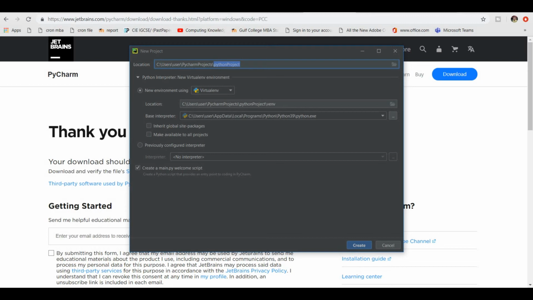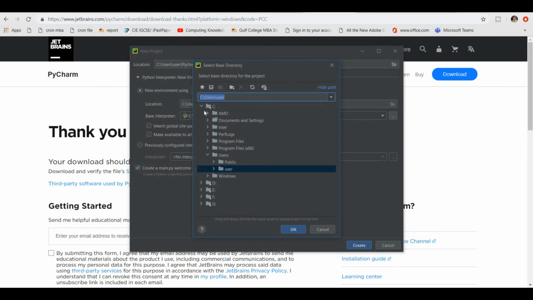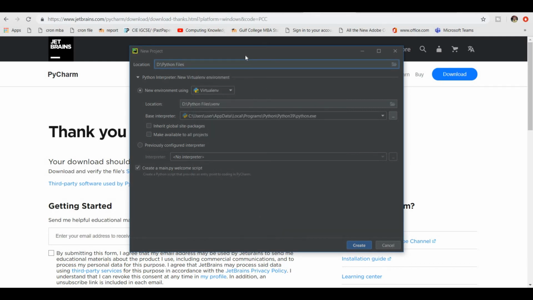This is very important because you should know where you are going to save your file. Now I am going to select the location Python files. I will create all the files in this Python files folder. Okay, I will create this new project.